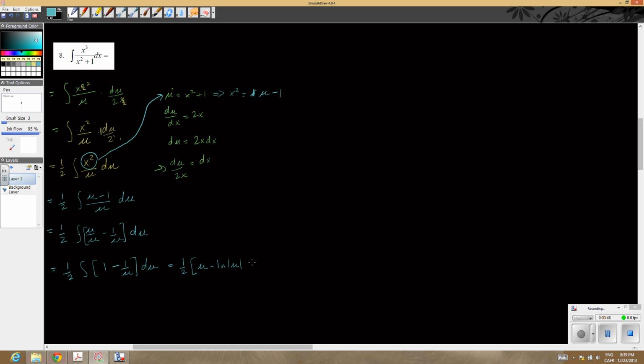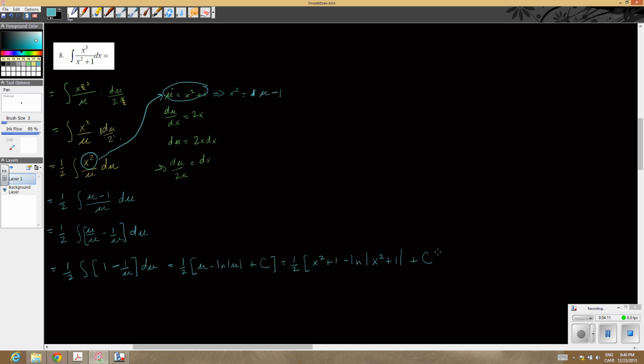Okay, and of course we always have to add the constant. Okay, so from here you're going to go ahead and back substitute whatever u was in the first place. And remember, u was x squared plus 1. So I have 1/2 sits out front. I have x squared plus 1 for u minus the ln of the absolute value of x squared plus 1